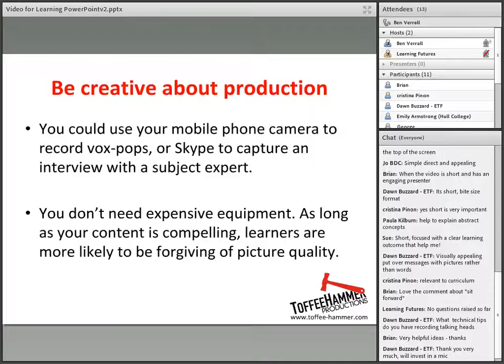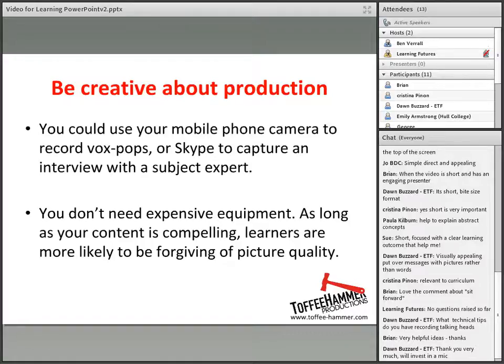And I mentioned mobile phone cameras, but there are other ways to record things. For example, we're recording this webinar. If you're connected to Skype, you might decide to interview the world's leading expert in your field via a 15-minute Skype interview, and you can capture that interview, you can record that. And funnily enough, that's probably better than recording things on a camera because they'll have a good quality web camera and a decent microphone, so everyone will be able to hear what they're saying.